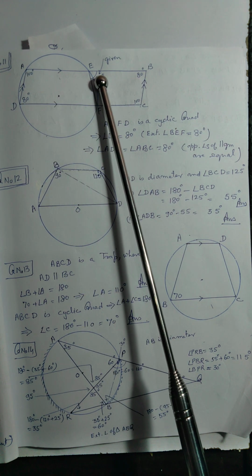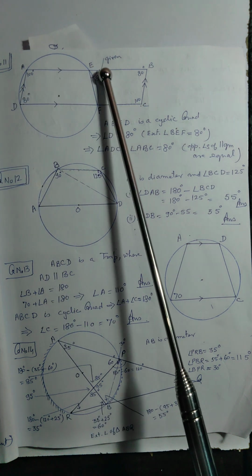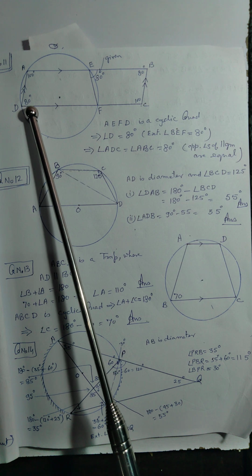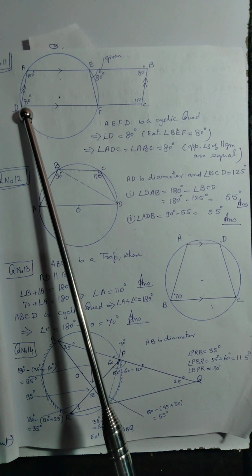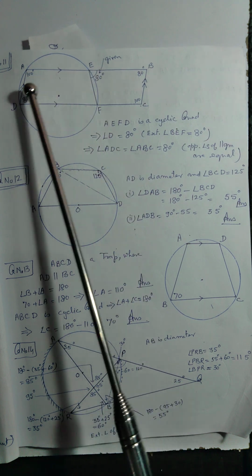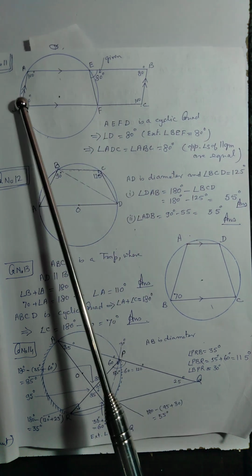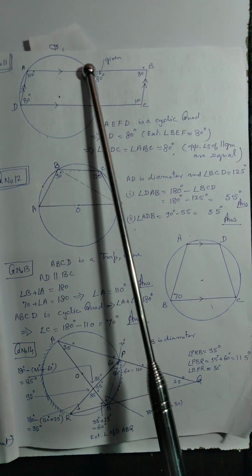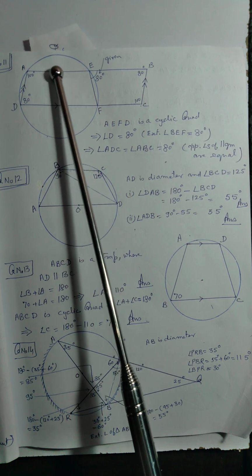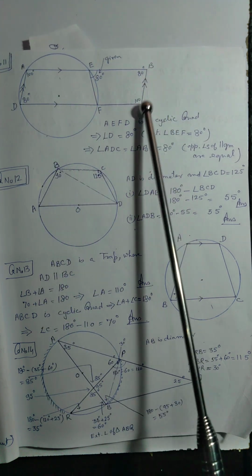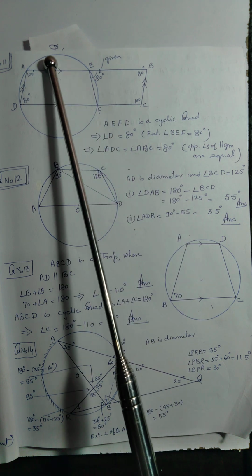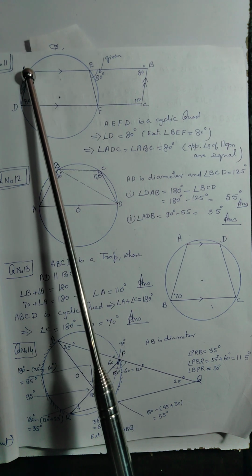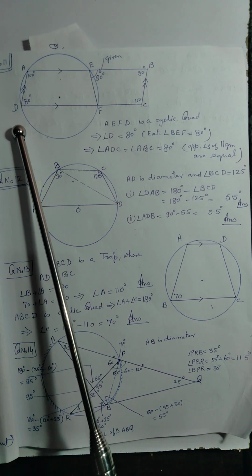अब ये एंगल दिया हुआ है, तो इंटीरियर अपोजिट एंगल विल बी आल्सो इक्वल टू 80 डिग्री, क्योंकि साइक्लिक क्वाड्रिलेटरल में ये एंगल और एक्सटीरियर एंगल बोथ शुड बी इक्वल. So this will be also 80 degree. Now these lines are parallel. These lines, it is a parallelogram. ABCD is a parallelogram. So this side and this side means AB and DC are parallel. And this AD act as a transversal.